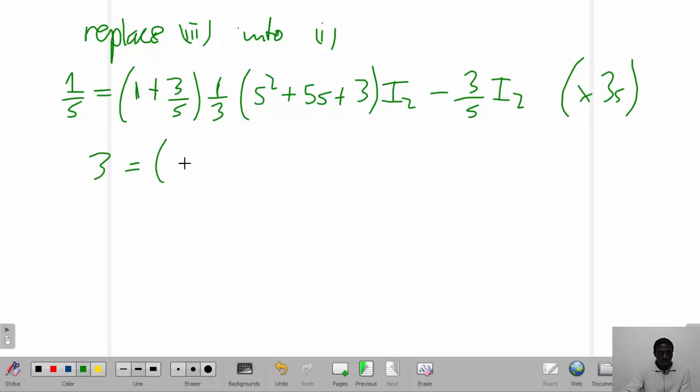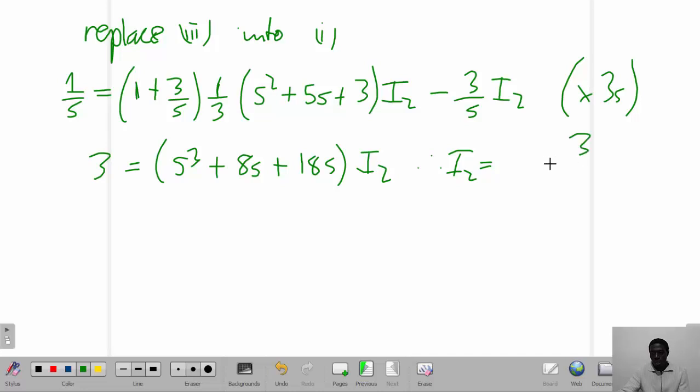3 equal to S squared plus 8S, sorry, this is going to be S cubed plus 8S plus 18S, and this multiplies by I2, and we could therefore say I2 is simply equal to 3 over S cubed plus 8S plus 18S. Okay, so that is our